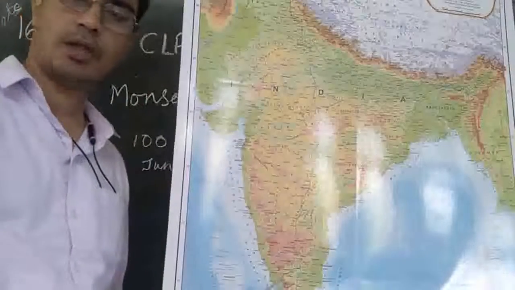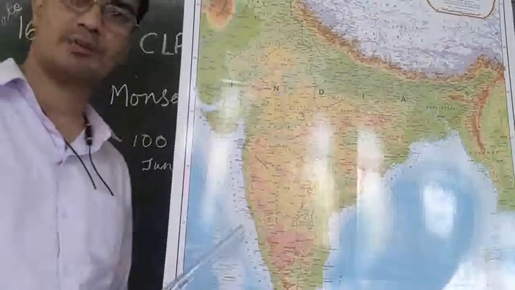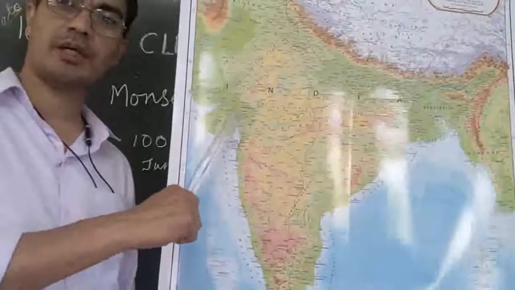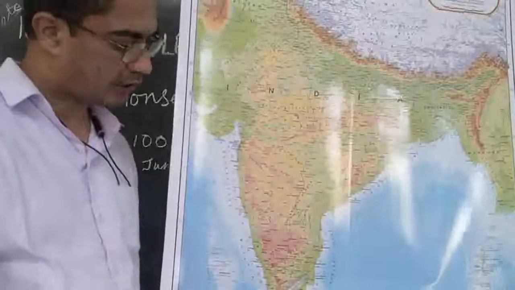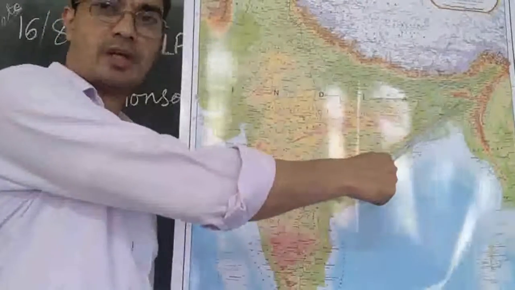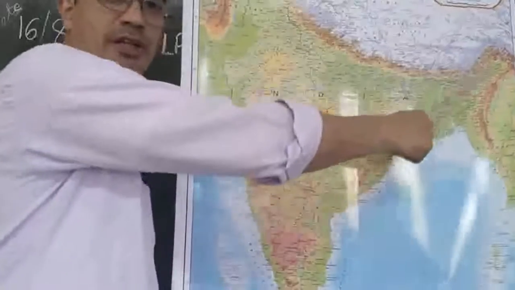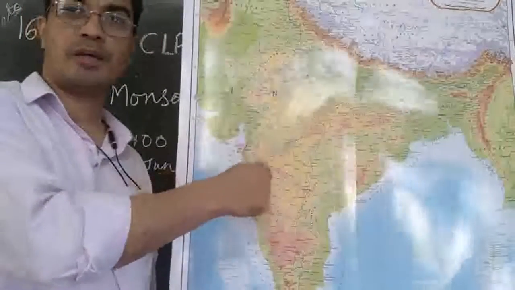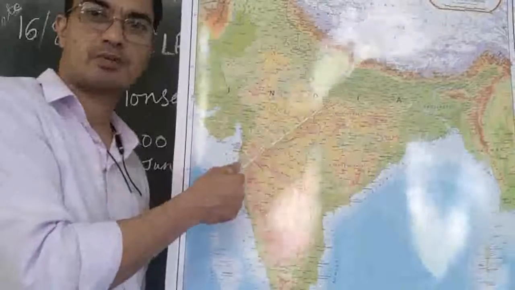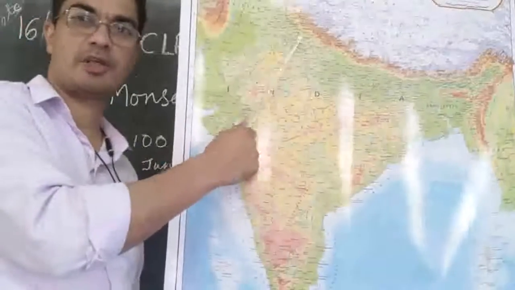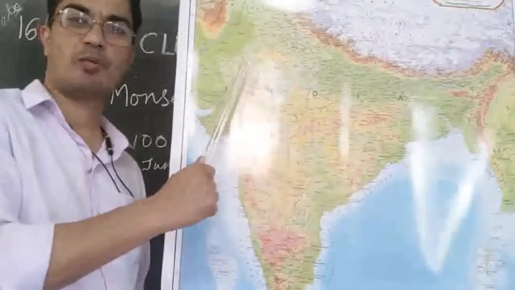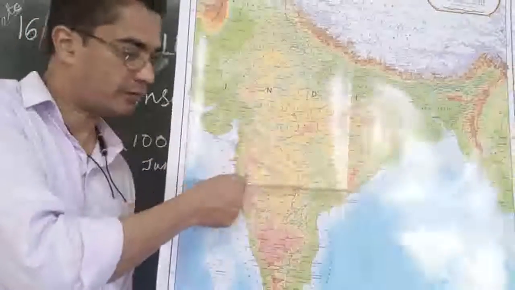So we said the two branches are there. One is called the Arabian Sea Branch, another is called the Bay of Bengal Branch. The Arabian Sea Branch will travel to Mumbai first and it takes around 10 days. And the Bay of Bengal branch of the monsoon wind travels straight to Assam and it also takes almost 1 week. Then because of the mountains it cannot go straight, it is deflected and comes to the plain area. This one also changes its direction and moves towards the Ganga plains, Delhi, Kashmir, Punjab, Uttar Pradesh, all this part of our country is receiving this monsoon rain, and then slowly they will withdraw